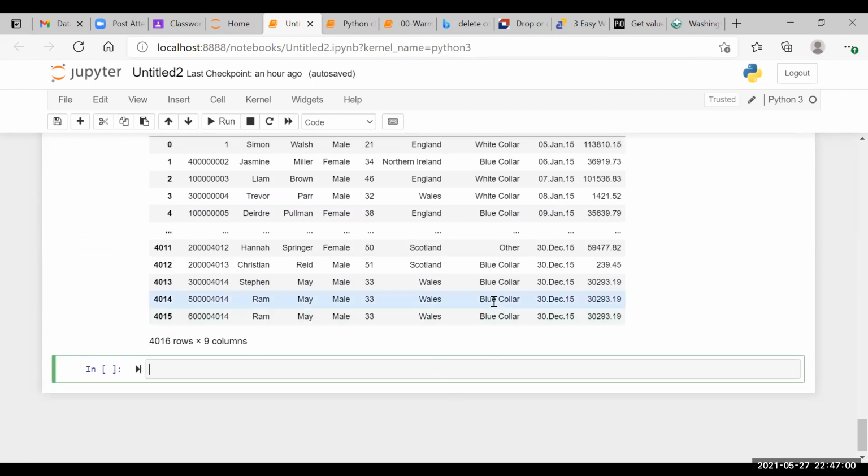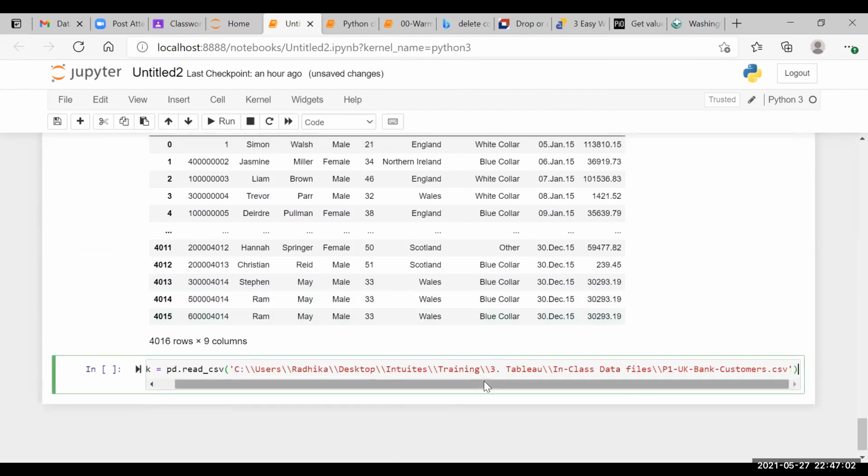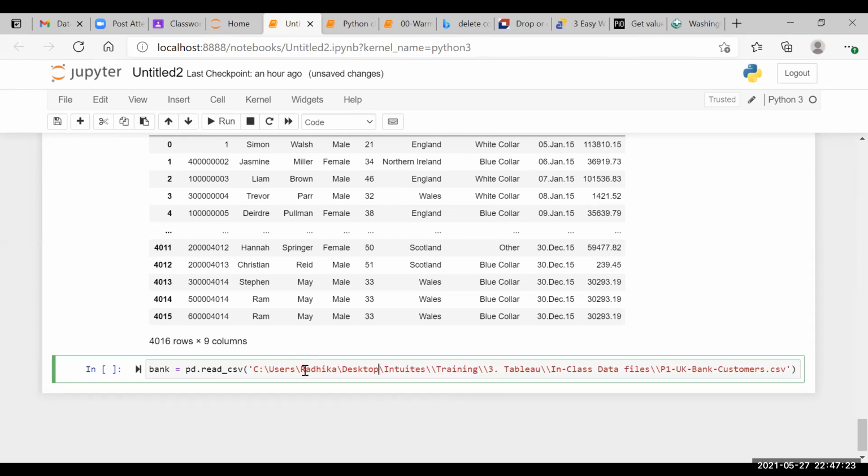But once it's imported, if I try to run it again, will it not give an error? No, it will load it again. Okay. Now for the path, I want a single forward slash. Just put a single forward slash, not a backslash, everywhere.